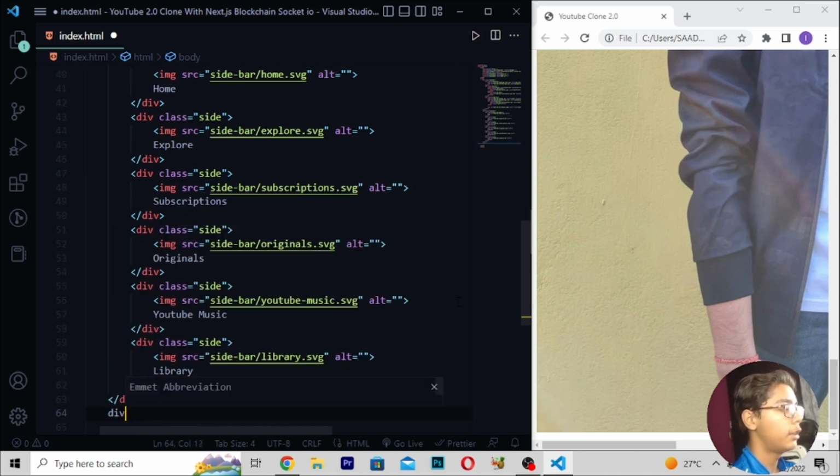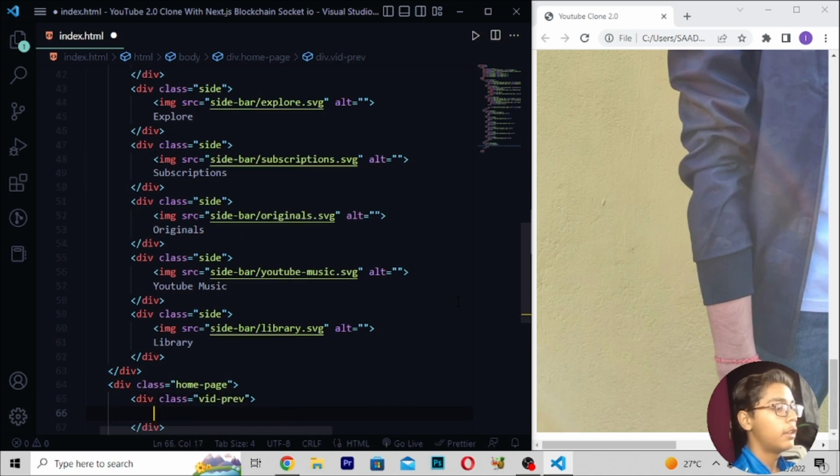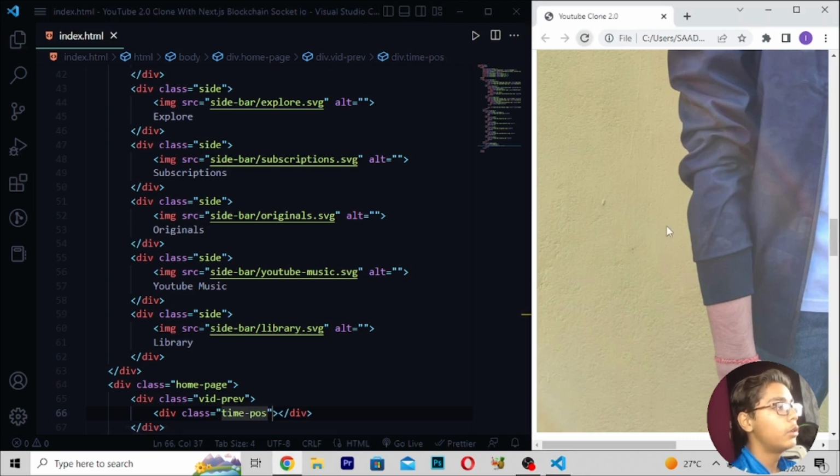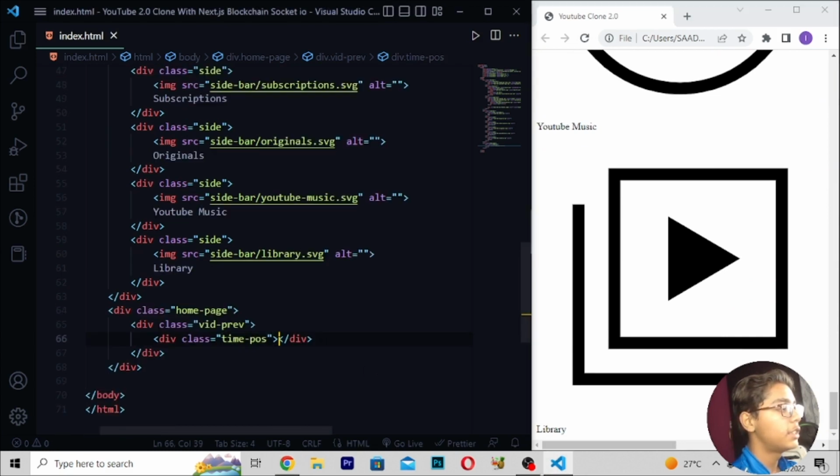Then you have to move down, here I'll be writing div, and then right here class which should be home page. And then when you've written this, here I'll be writing div class, right here with preview like this thing. Then I will be writing div class, here I will be writing time post like this. Save this thing, then reload. Now if I show you, you can see we are getting all these logos and the text written after these logos, or you can say underneath them.